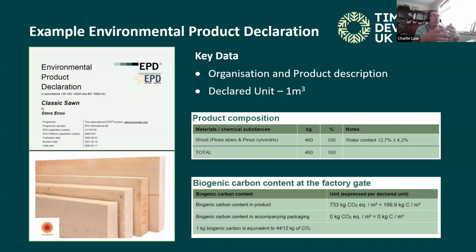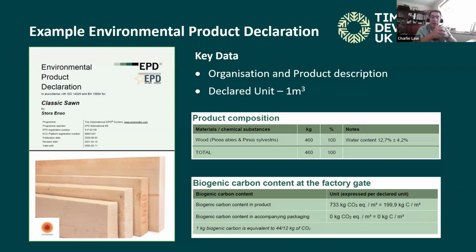It will also give you the composition of the product. So obviously timber's an easy one. It's 100% wood with a moisture content, and it should give you the moisture content in there. In this one case, it's about 12.7% plus or minus 4.2%. So that gives you an idea of the moisture content, because that's important when you try to work out the biogenic carbon. You have to take that moisture out of the product to calculate the biogenic carbon, and that's the